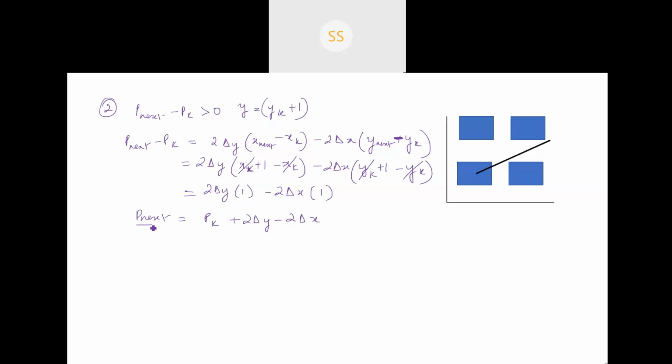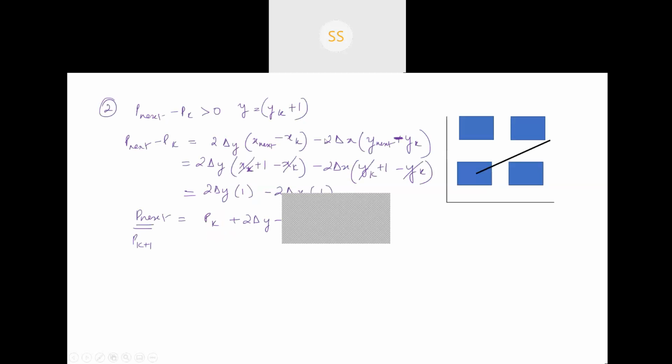That means the new value of my decision parameter, p next, or pk plus 1, is determined by the original value of pk. With that you have to add the constant value, plus 2 delta y minus 2 delta x,